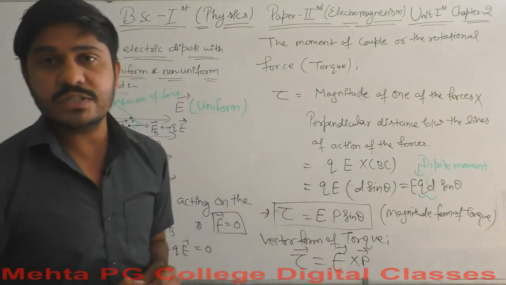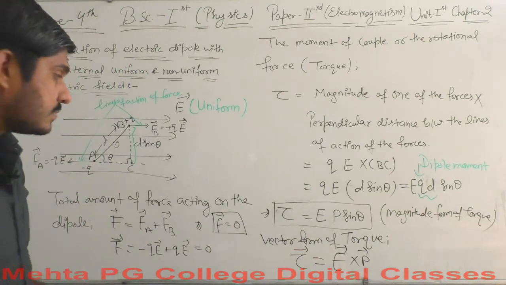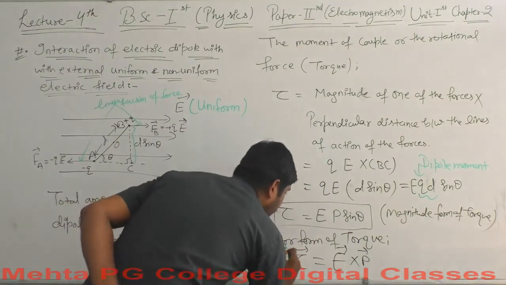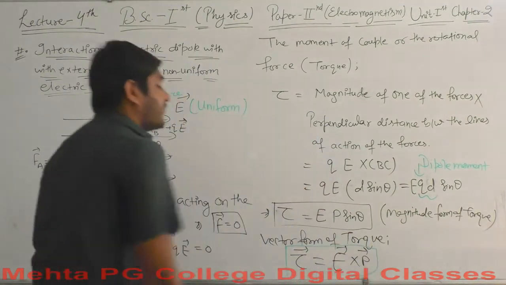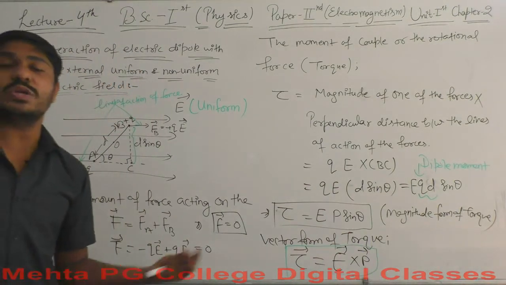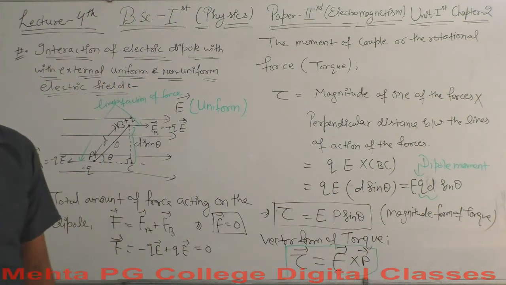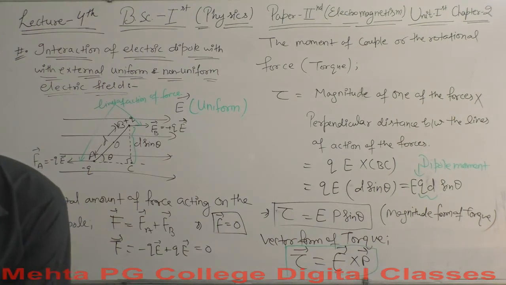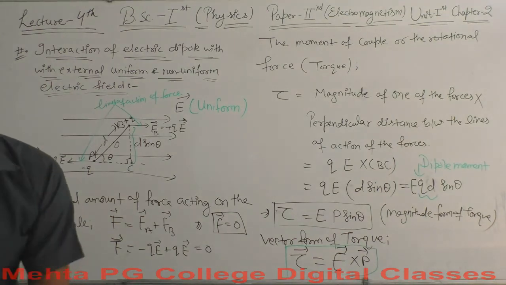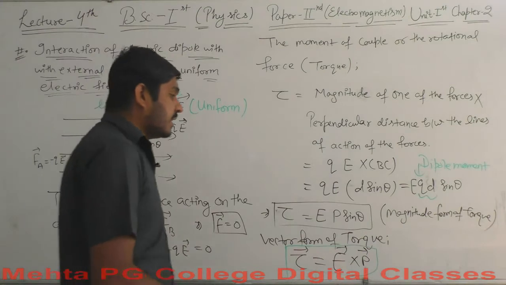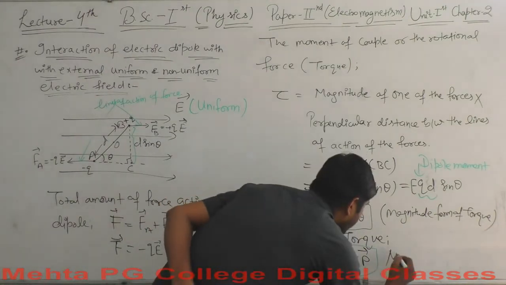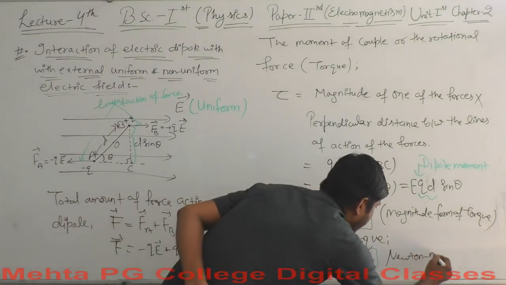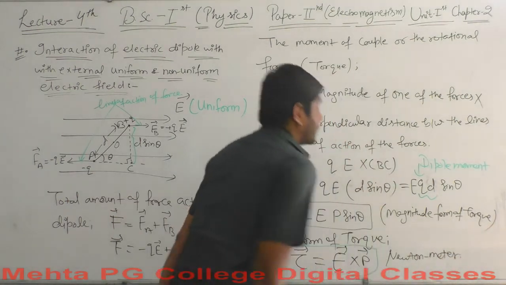Yes, this is the E vector cross P vector. This is the final result which you are subjected to come up with, and I hope that this is easy to calculate for you, and this is not so difficult at all, and it has a unit, the Newton meter. Yes, this is the unit here.